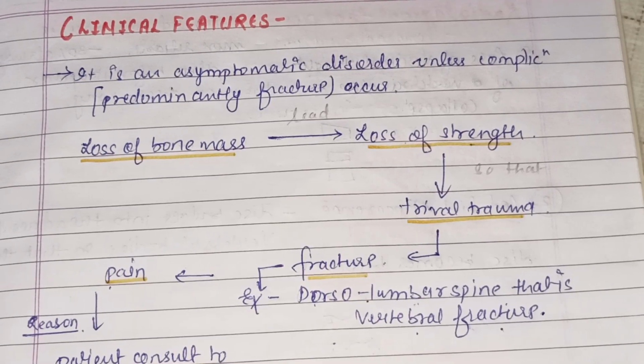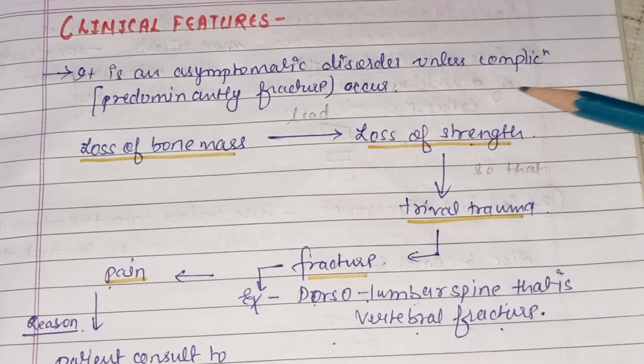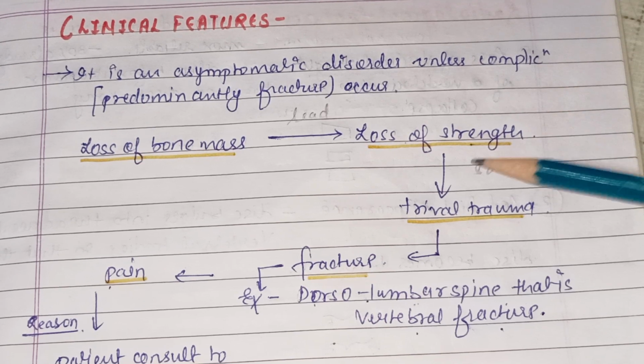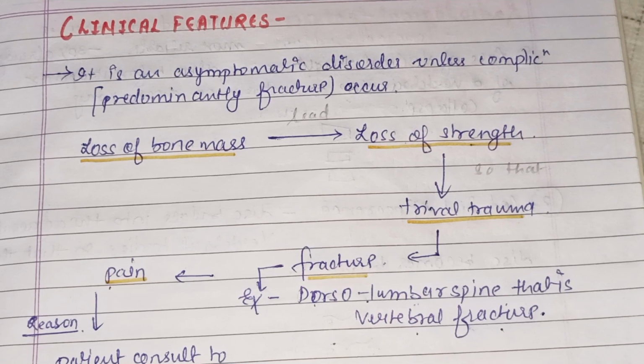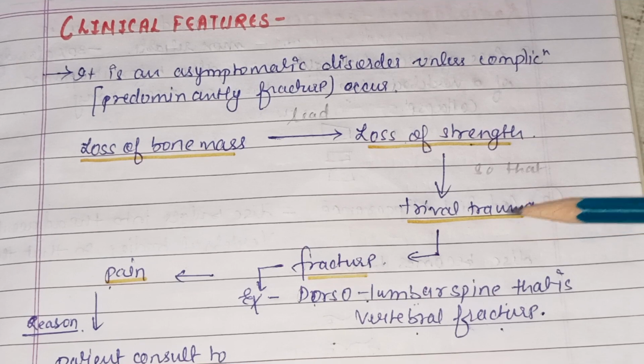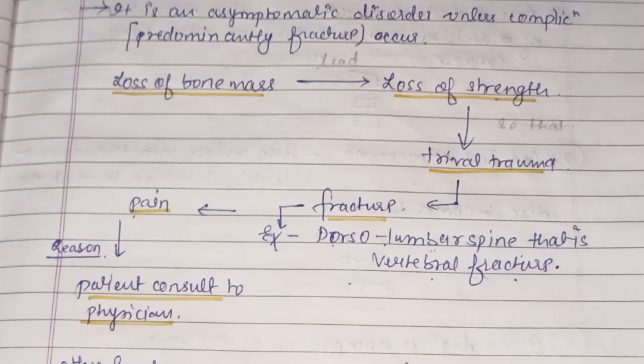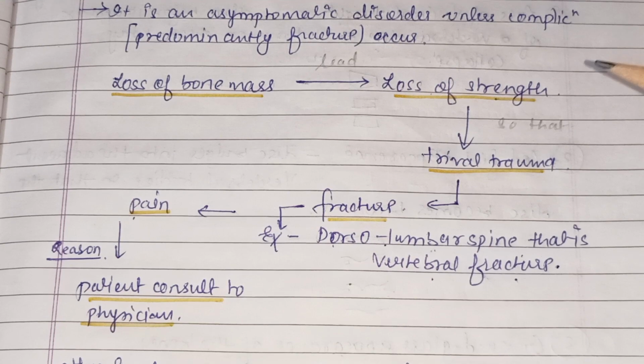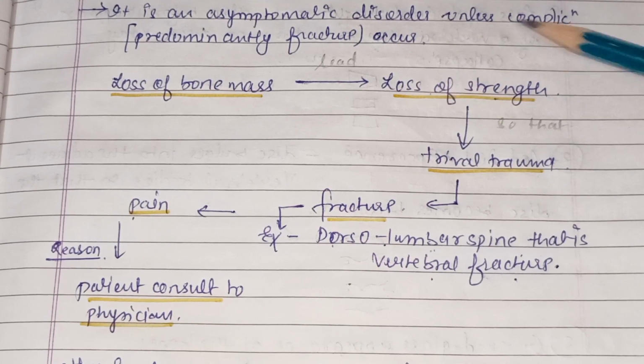Now we are going to discuss the clinical features of osteoporosis. It is an asymptomatic disease unless complications occur. This is the flowchart where I can explain how the patient of osteoporosis comes to the physician. Loss of bone mass is the earliest sign of osteoporosis, which leads to a loss of